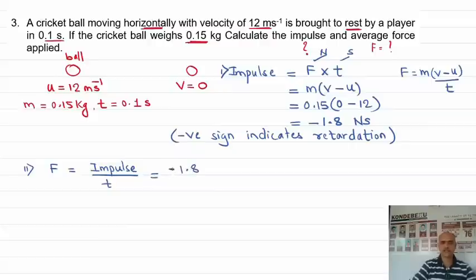1.8. So if I take negative, it is in opposite direction of retardation. Time, how much has he given? 0.1. If you simplify, cancel, the point goes, you will get minus 18 Newton. So minus 18 Newton means negative indicates retardation or force in opposite direction. Negative sign indicates